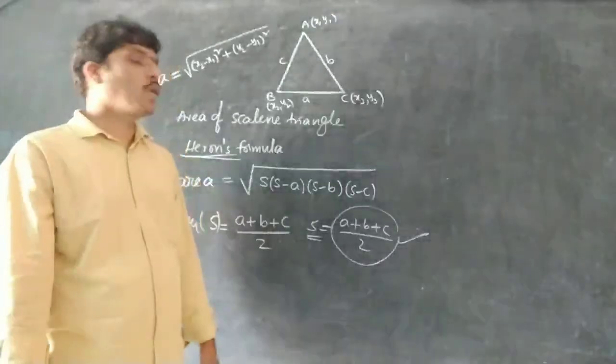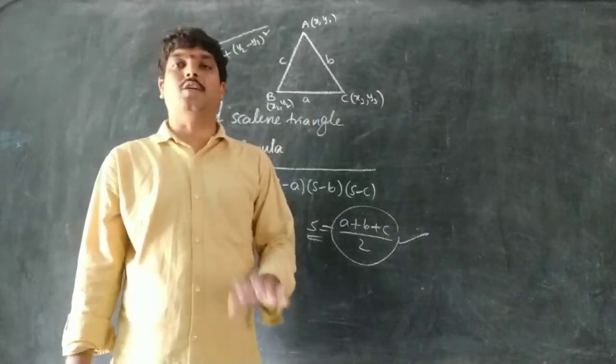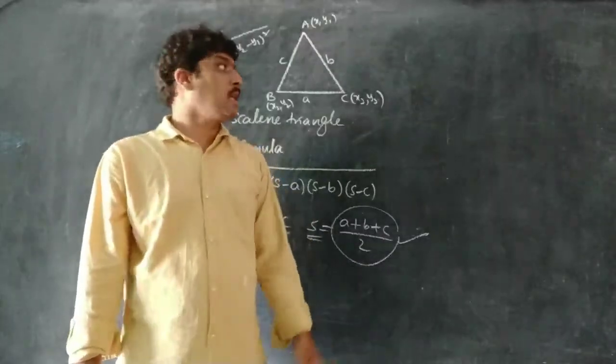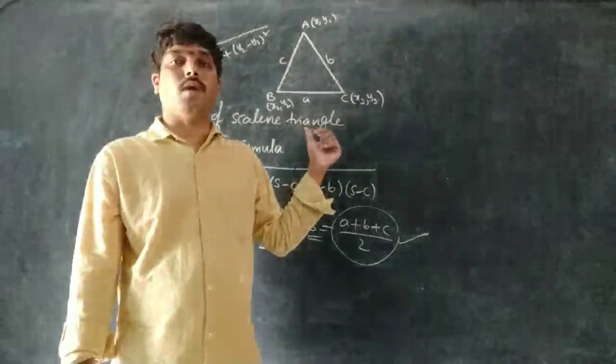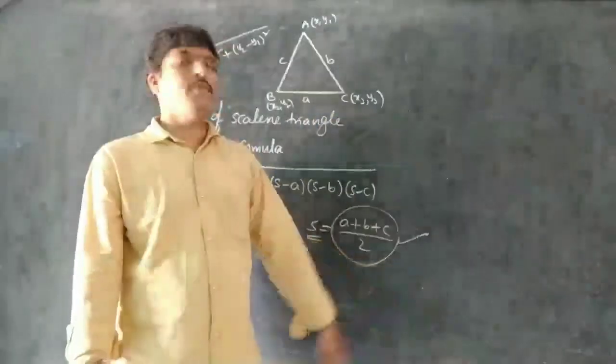Okay? This is coordinate geometry, and in another video we get slope and centroid. So this is the full chapter of coordinate geometry. Here in coordinate geometry, the father of coordinate geometry is René Descartes. Okay, this is the full chapter.